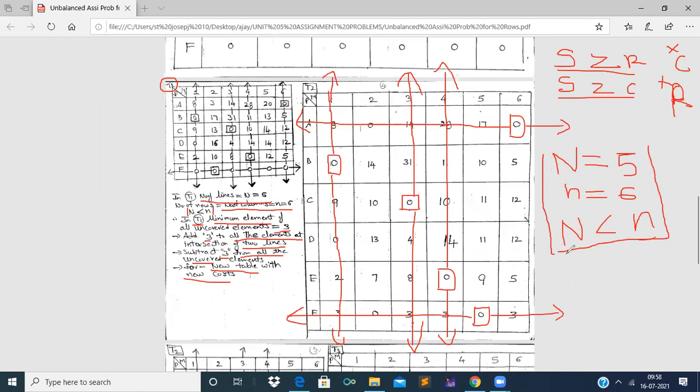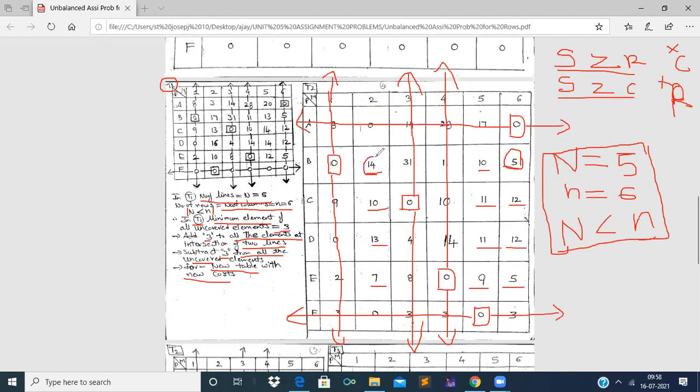So, by Hungarian method, as we proceed further, what we have to do? We have to search for the least uncovered element, the element which is least from all uncovered elements. Let us see the uncovered elements. The uncovered elements are 14, 10, 5, 10, 11, 12, 13, 11, 12, 7, 9, 5. So from all these uncovered elements, 5 is the least uncovered element, right? So what we have to do with this 5? We have to subtract this 5 from all uncovered elements.